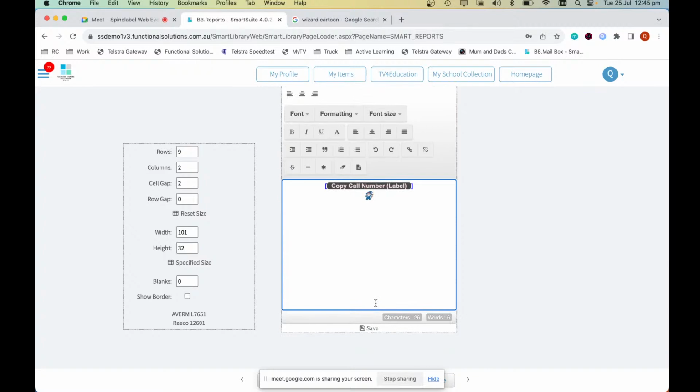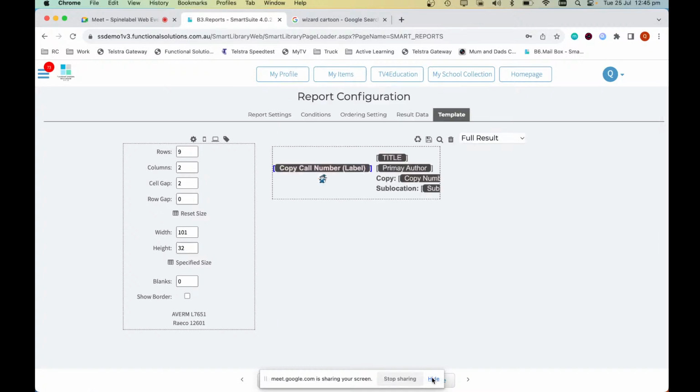Now remember, the bigger it is, the greater the chance that it's going to get cut off, because the more information we have on the label, it's got to do something with it. We either have to make the text a bit smaller by highlighting and adjusting the font size, or we have to sacrifice that image. So if I save that now,